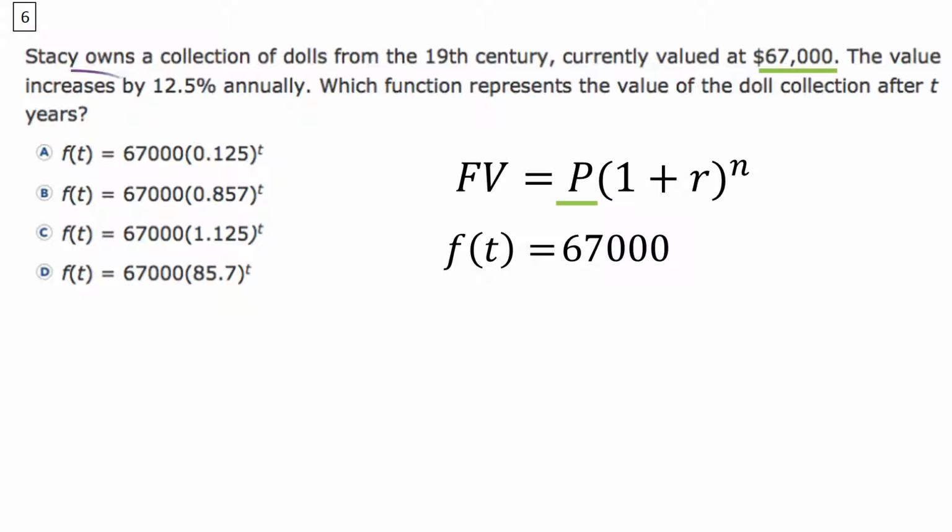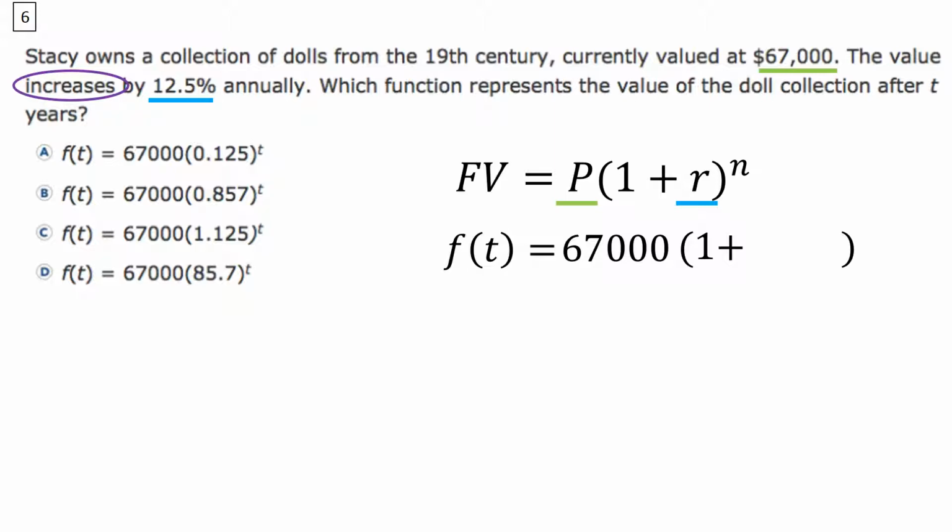Next up, it's worth noting that this is an increase, it's not depreciation, it's going up, which means it's 1 plus. Now, if it was losing value like a car or a computer would, it would be 1 minus the rate. But it's not, so it's 1 plus. So what is our rate? Well, our rate is